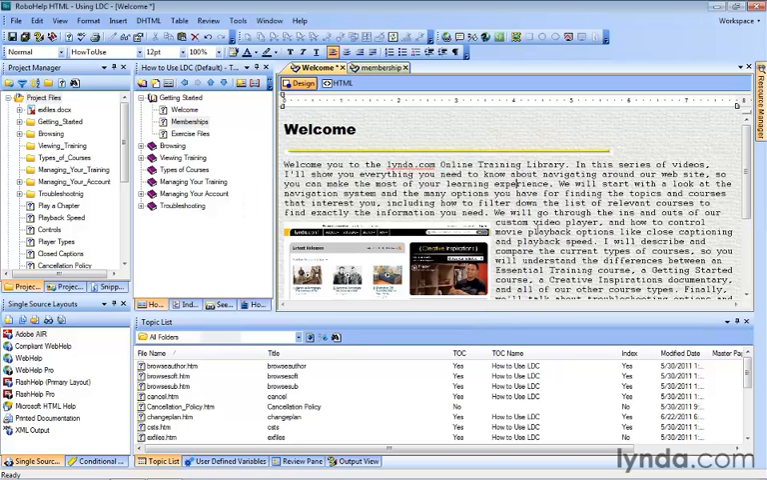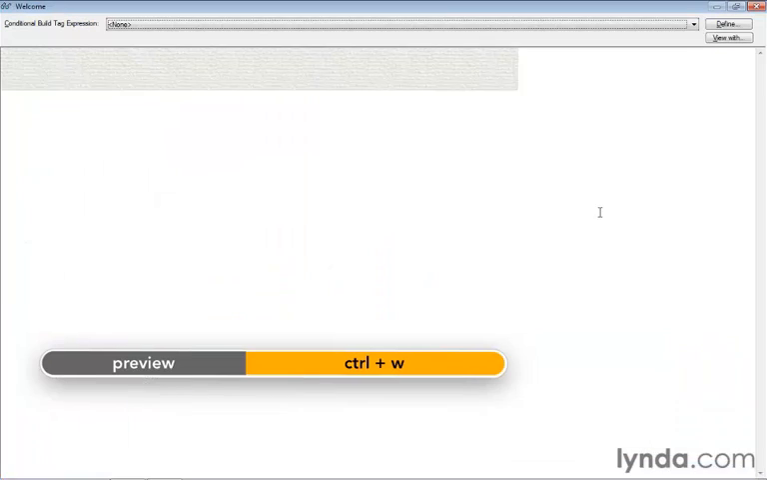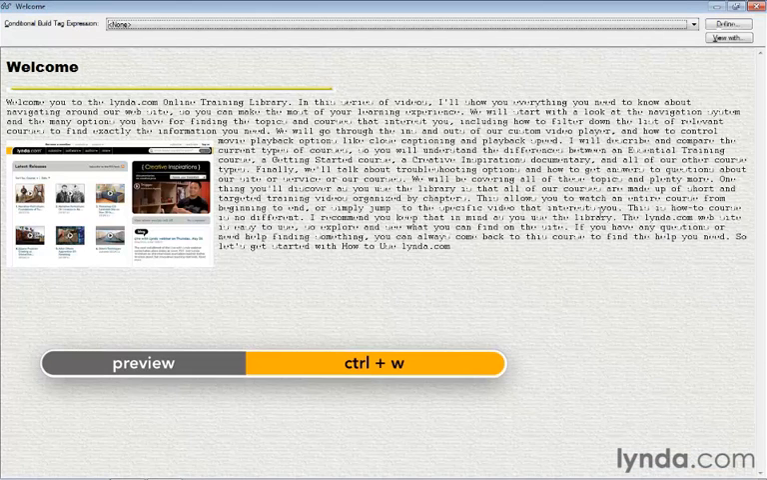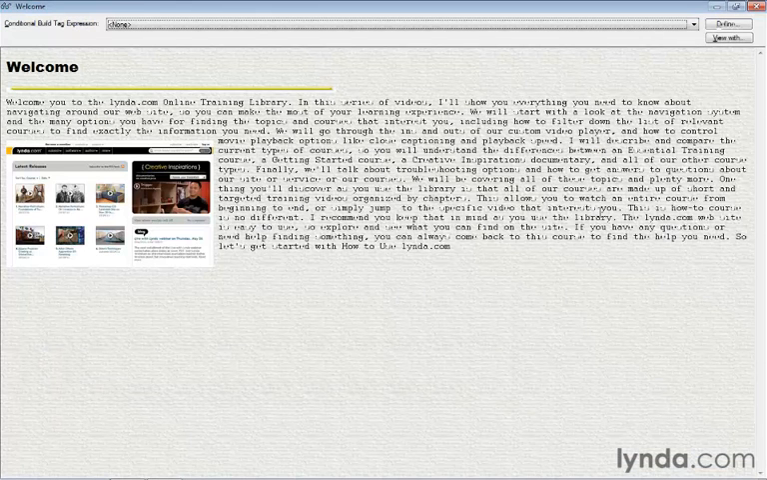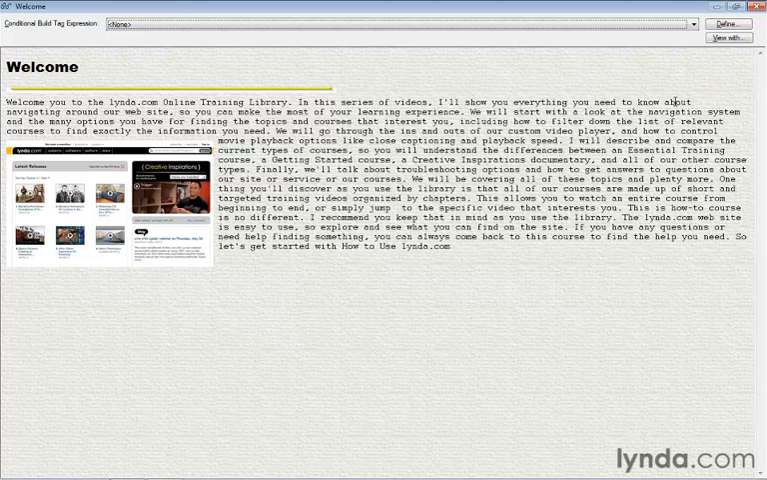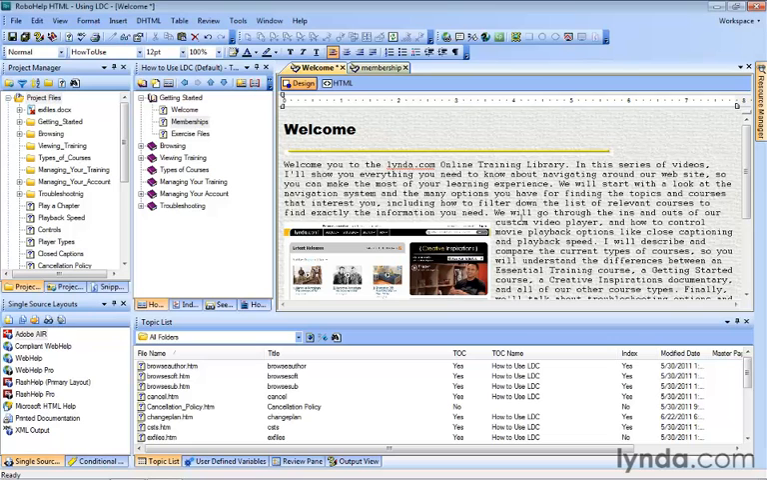When we click OK, it's inserted. We don't really see anything here, but if we want to test it out, we can preview using Control W. So that sound file continues to play until we close up the topic or move on to another topic, just like that. Now if you change your mind and you no longer want that sound file, maybe it is distracting,